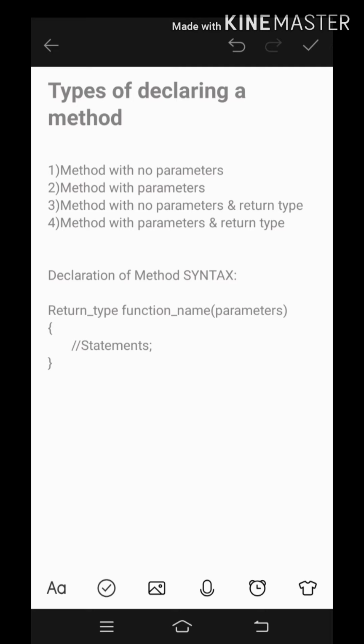As we have completed variable declaration in the previous video, as we all know that Java is all about classes, as a class is a collection of variables and methods. So in today's video, I am going to tell you in how many ways we can declare a method. So mainly we have four types of method declaration.